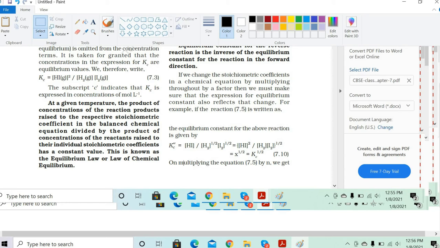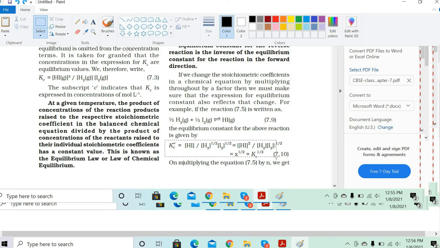Okay, so what to do after that, sir? Now just write on this part. Kc is equal to 1 by 2, Kc power is 1 by 2. Equilibrium constant, how much will it become? Equation 7.10. Do you get equation 7.10 or not? That is what we want to know. We're just telling you the number of moles will become the power.